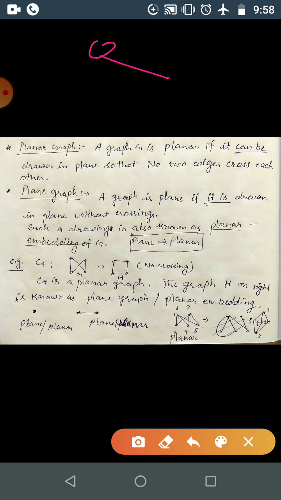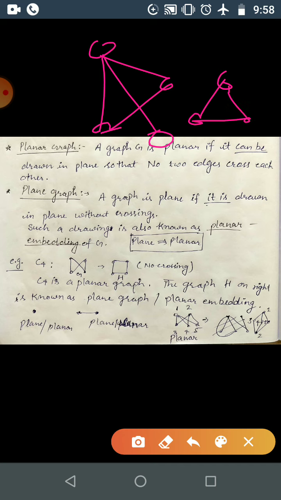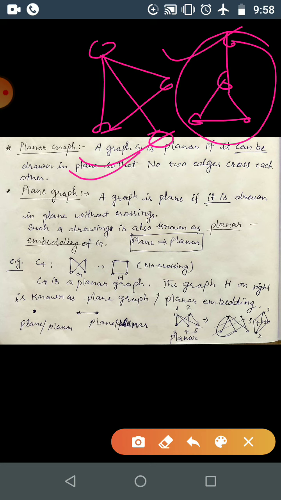Now, is this a path, correct? Is this planar? Yes, it is planar. Is this plane graph? No, but it can be drawn as a plane graph. Then it will become planar. How? Just take this triangle part and one edge up. So this is the plane part of this path. That's why this is a planar graph. This is plane part. Okay, planar embedding.